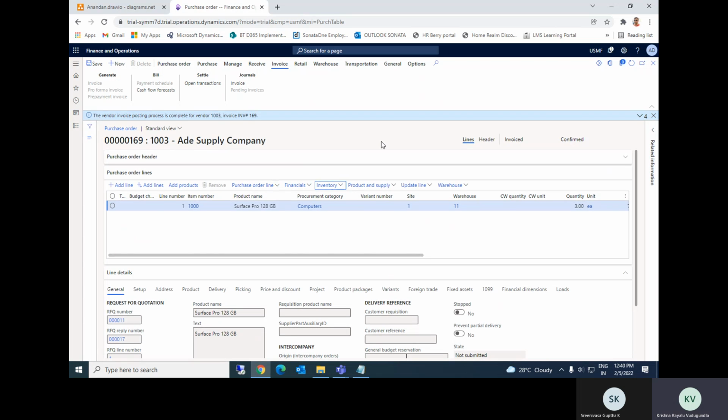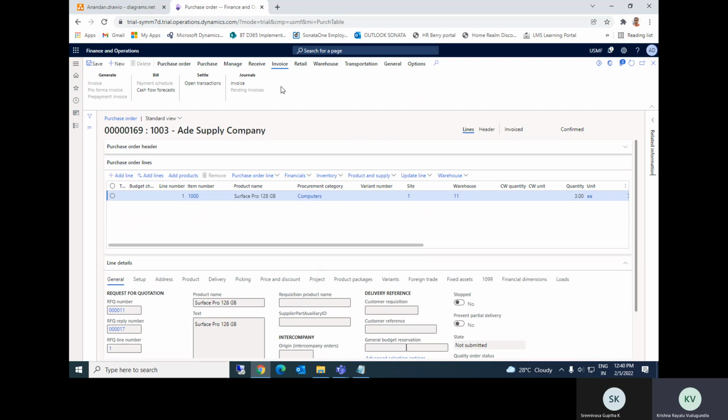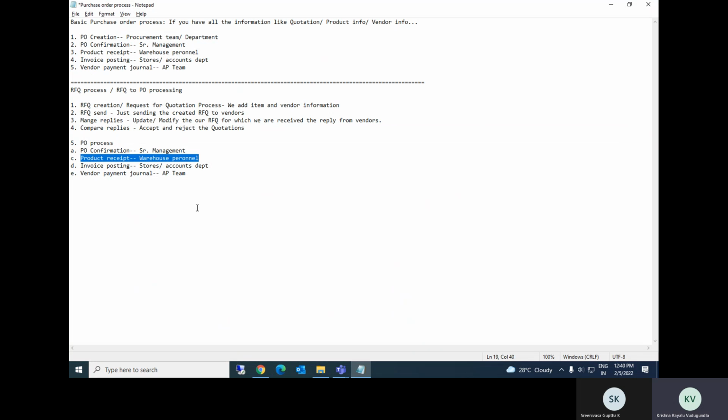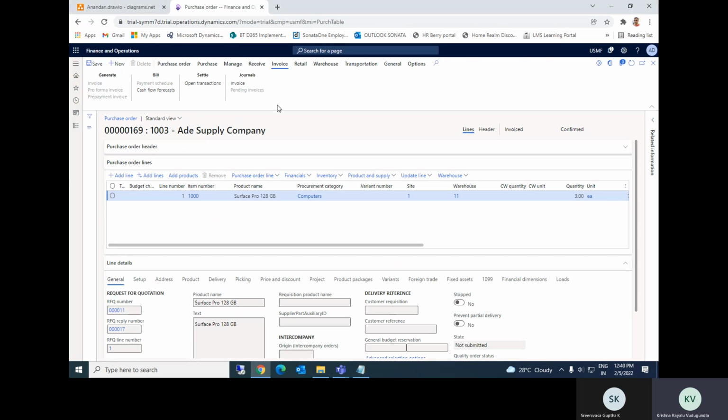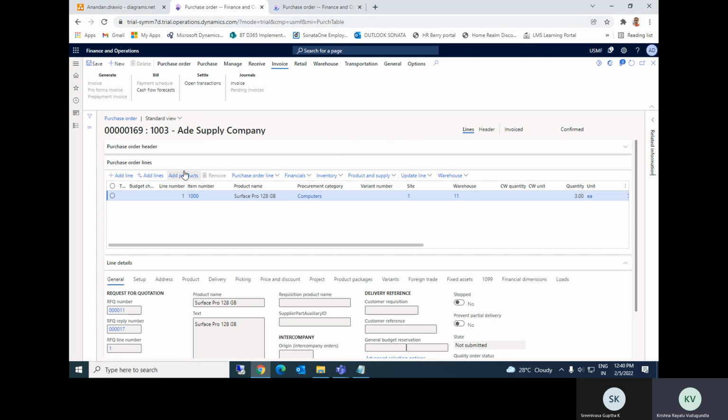Okay, good. Then what you have to do, invoice is posted. Now invoice posting is also done. We can check this information in the vendor transactions. The invoice information will be updated in the vendor. The vendor balances will be updated in the transactions. If you see the invoice,